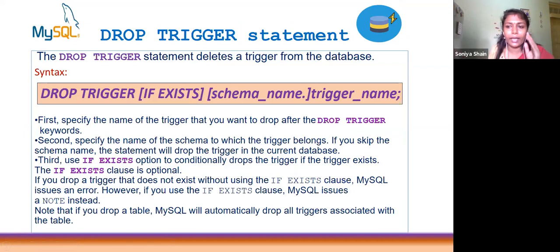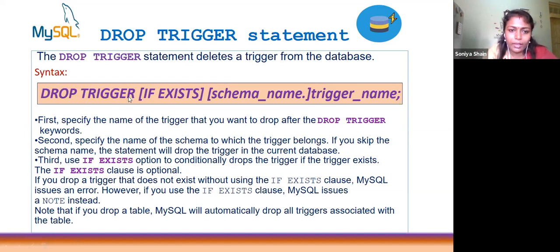Because I told you, in the case of triggers, the better practice is: first create, and after the purpose is done, you have to delete or drop the trigger. Otherwise, if 2-3 triggers exist, more than our prediction, things will happen automatically, and we cannot think what the output will be. So after you create one trigger and finish its purpose, delete it and go to the next one. Otherwise, unexpected outputs will happen. So that practice is better.